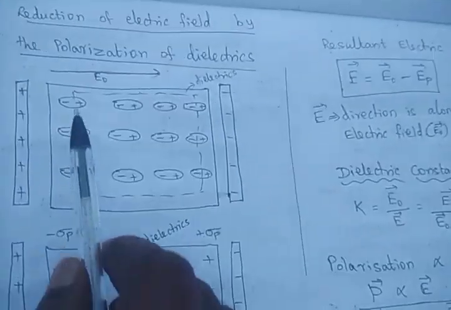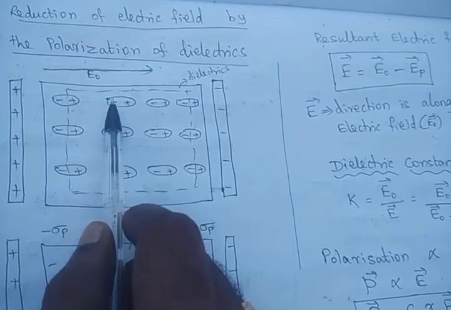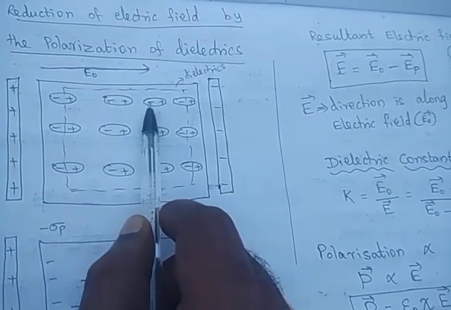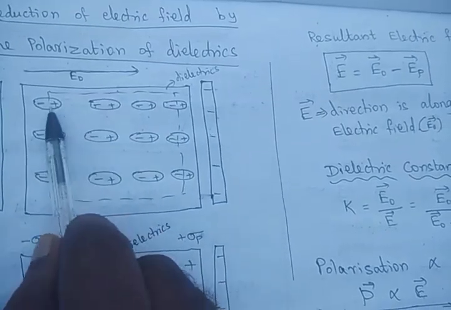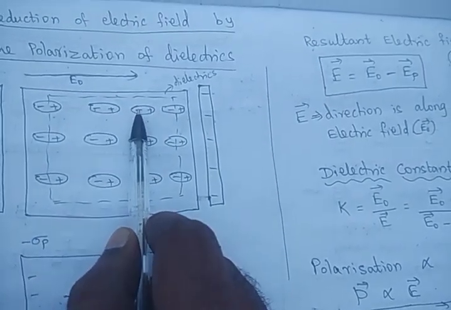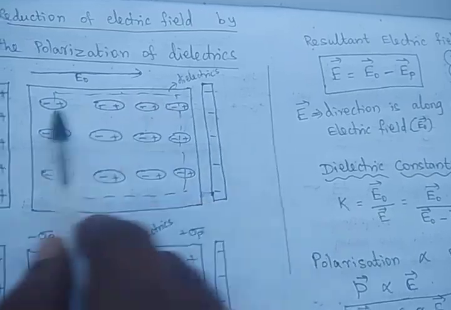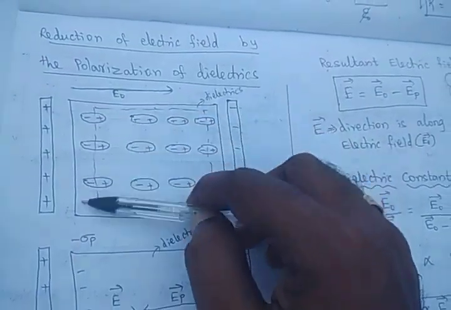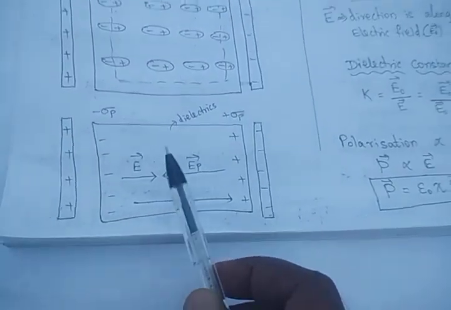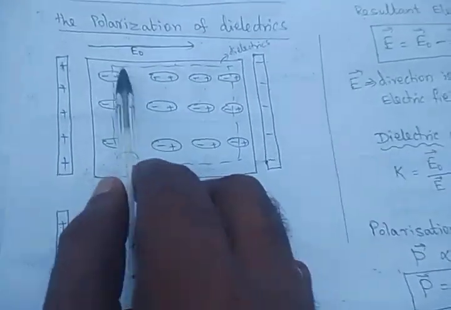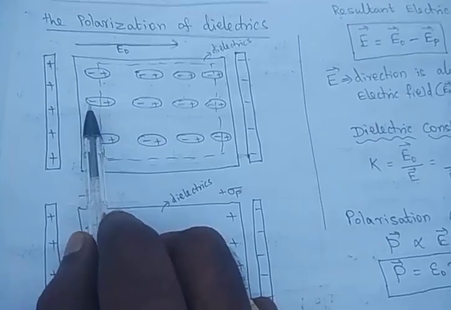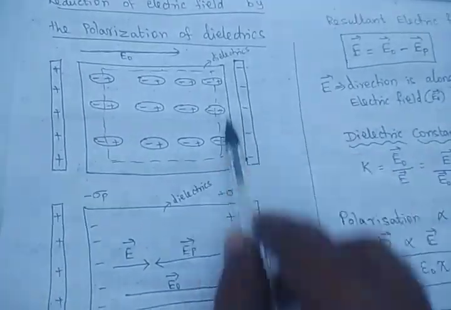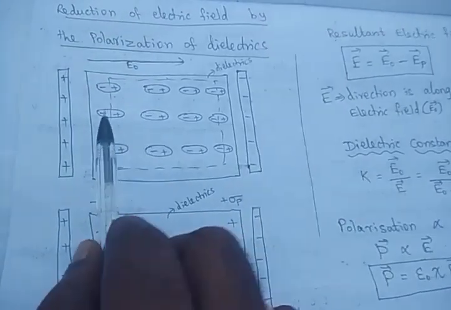Let us come to this point. This positive and this negative, this positive and this negative, and this positive and this negative will cancel each other. So they cancel each other, and hence only the negative on this side and the positive on the other side are present in the dielectric. Inside the dotted line, all the positive and negative charges cancel out each other. Only the ends of the dielectric possess the charges.